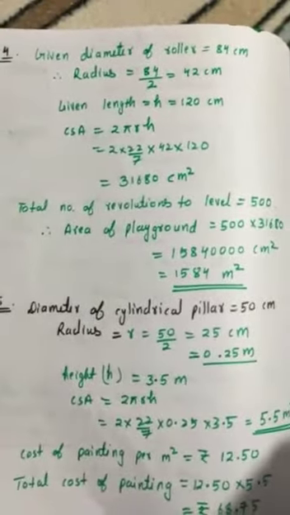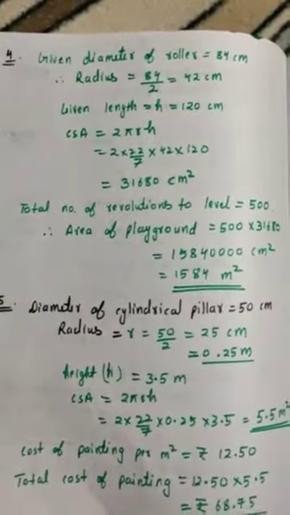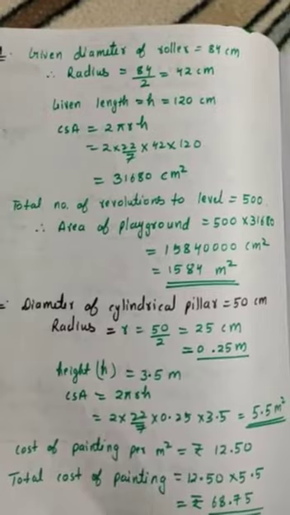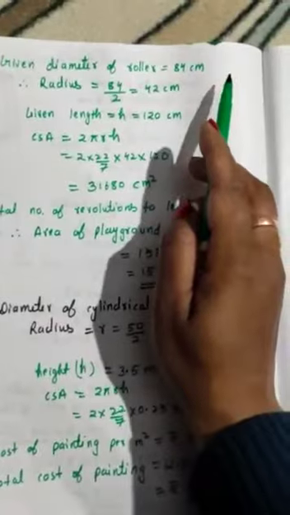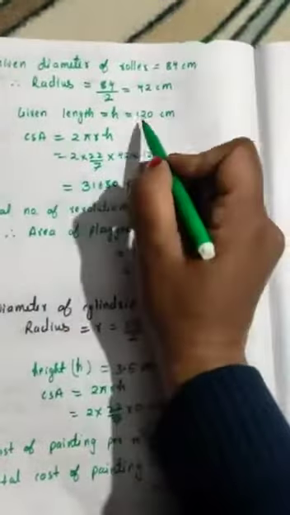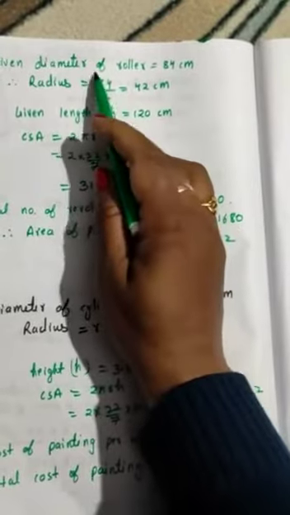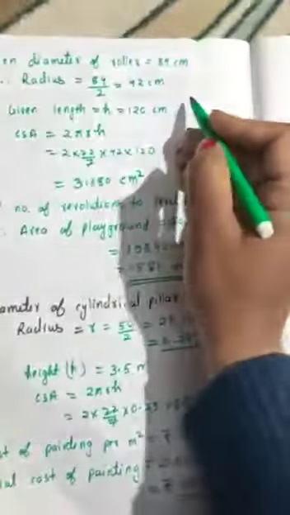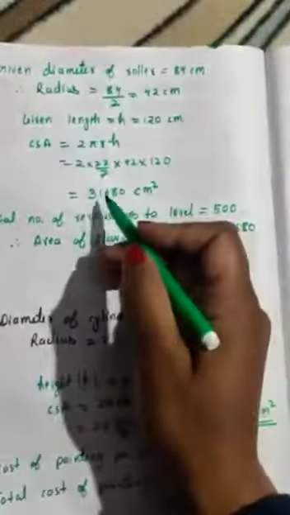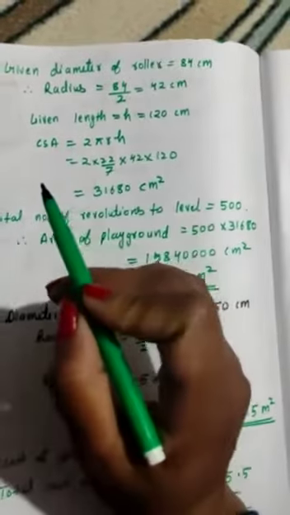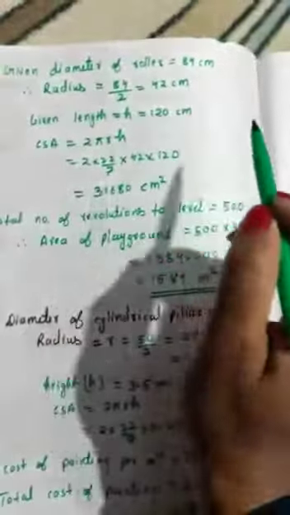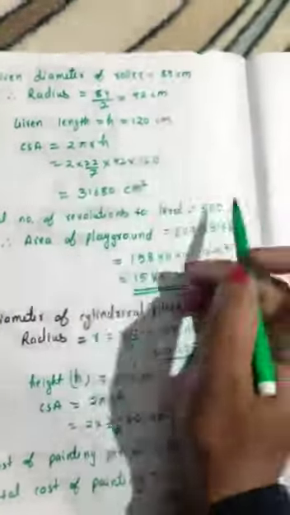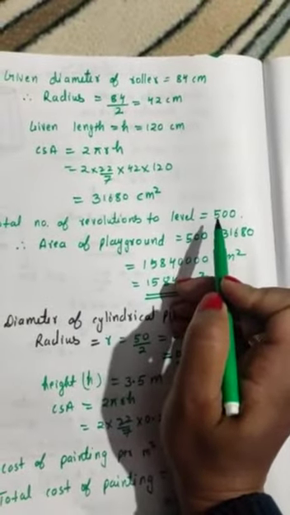So in the next question, which is question number 4, it is given that the diameter of a road roller जो होता है, its diameter is given to you 84 centimeter and its length is 120 centimeter. So basically length जो आपको दी है, this is nothing but height, and radius will be 84 upon 2. This is also a cylinder, just lying in horizontal form. Okay, so you have to calculate the area of playground. Road roller को एक एरिया को प्लेन करने के लिए यूज किया गया है, and how many complete revolutions are made, 500. So what will be the area of playground that you have to calculate.